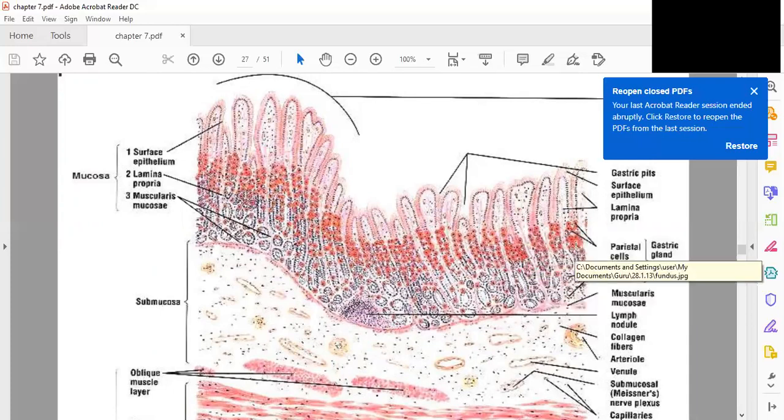Here, it is impregnated with glands, gastric glands, which are mainly parietal cells. And also, we can see here the Jeff cells. Parietal cells secrete HCl, and Jeff cells secrete the pepsin. Then